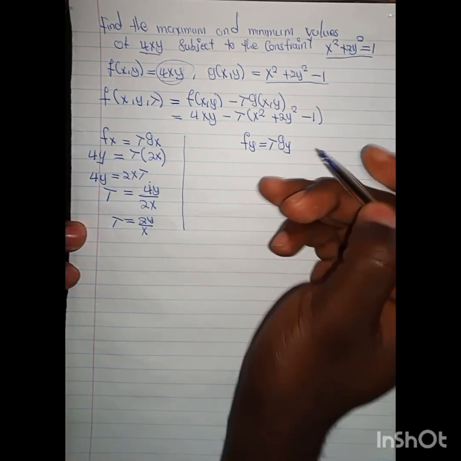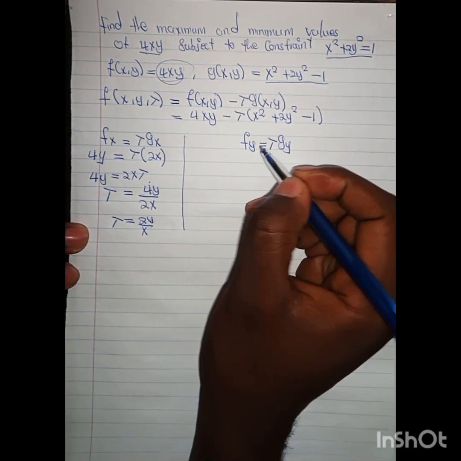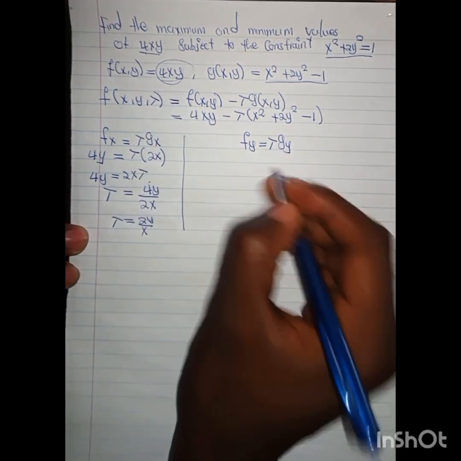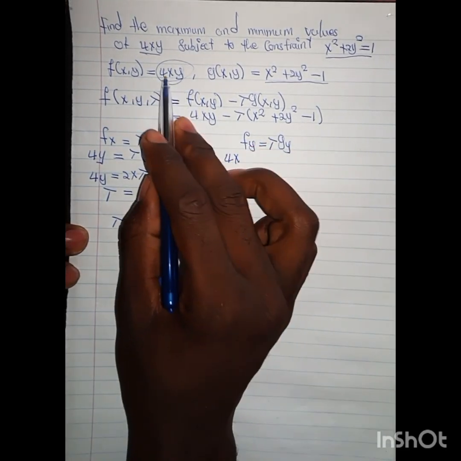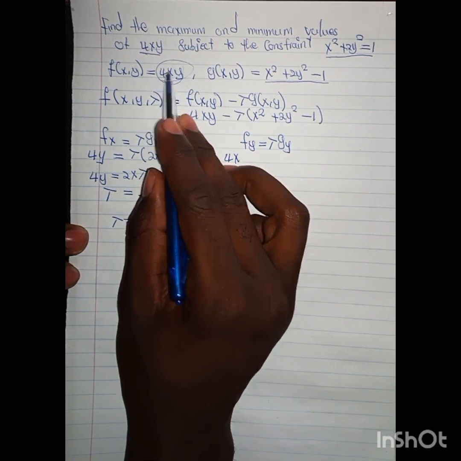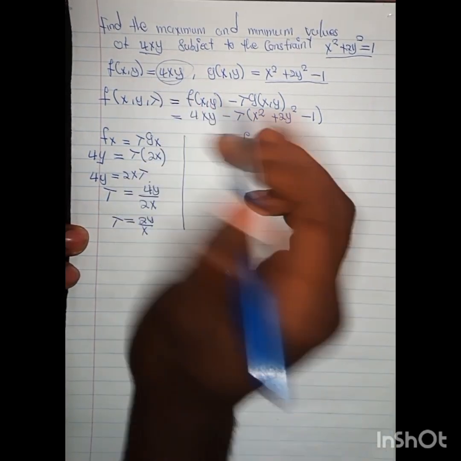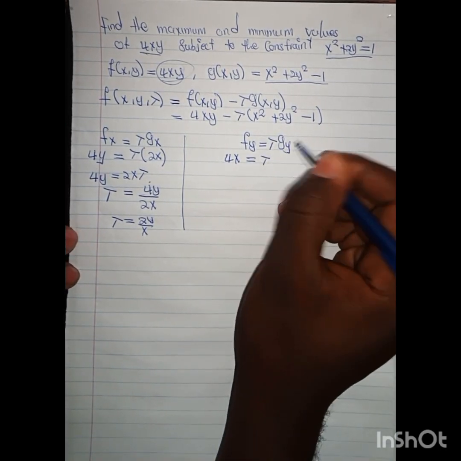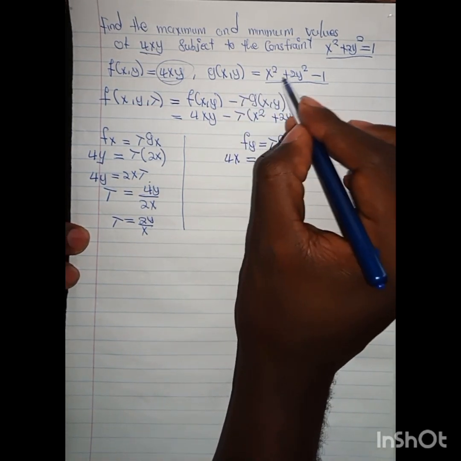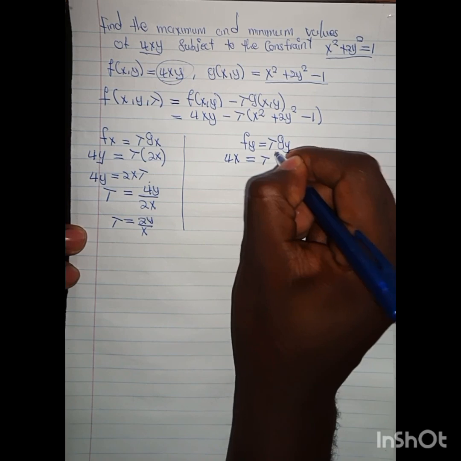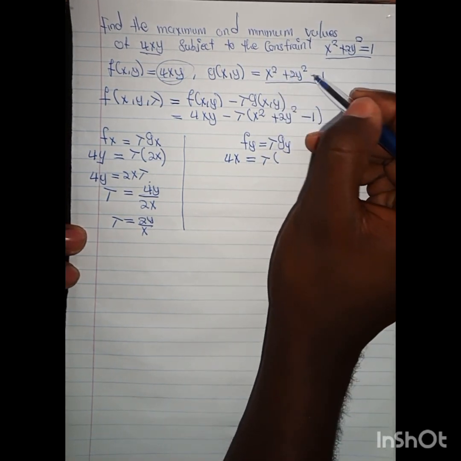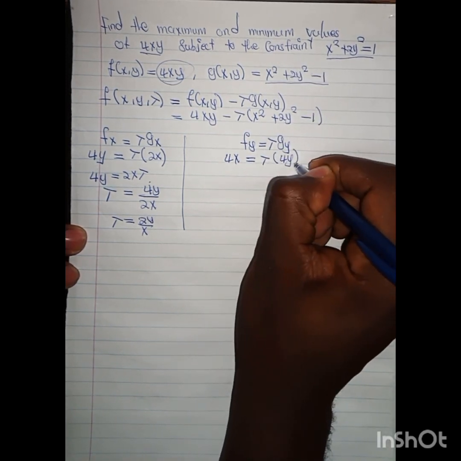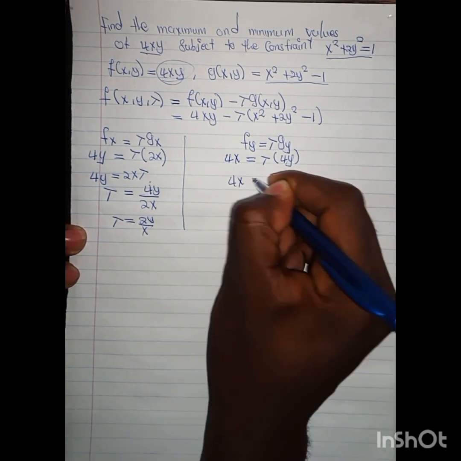And then for this one, f sub y, this is the derivative of the function f with respect to y. Then with respect to y, it means on the left I will have 4x, because when I differentiate with respect to y, I keep 4x as neutral. I differentiate y. The derivative of y is a 1, as you know. Then lambda g sub y is found from the constraint. Then we differentiate the constraint with respect to y. This is a constant, it's a 0. This is also a constant, we get a 0, and then we differentiate this part. Then it means we'll have 4y. And then this can be written in this form: